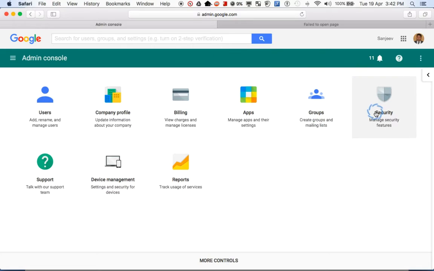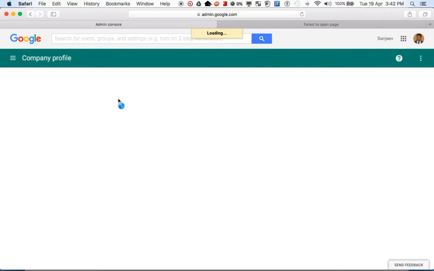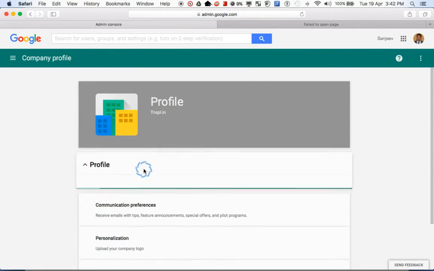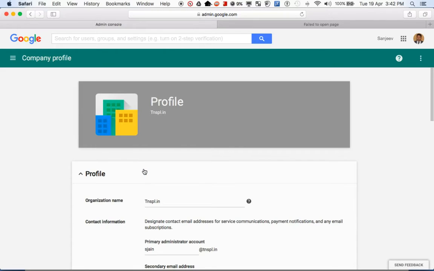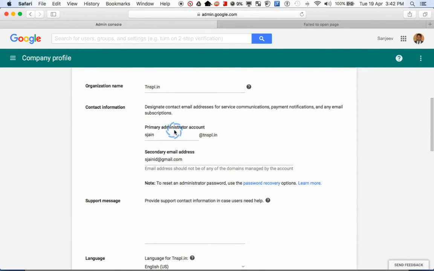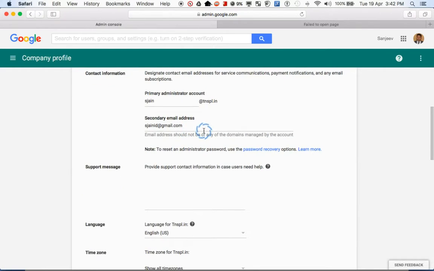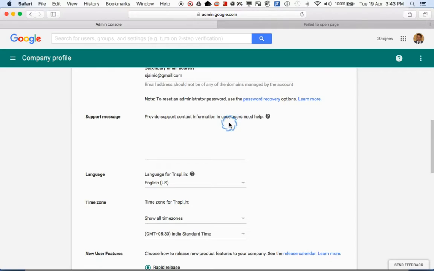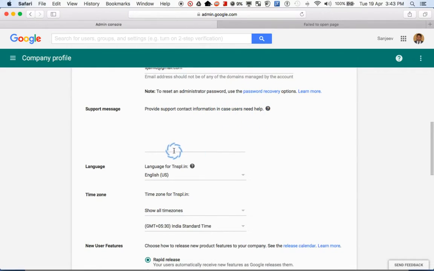So now coming to the company profile. The company profile page allows you to change the way, this is the primary administrator account. This is owned by me. Here we have defined a secondary address. You can also provide some kind of contact information.